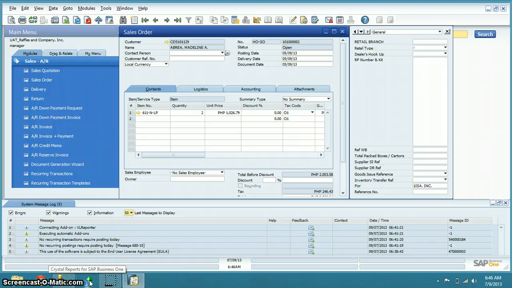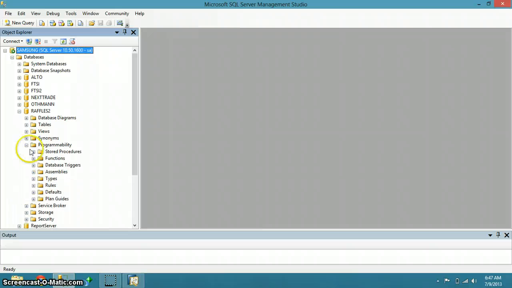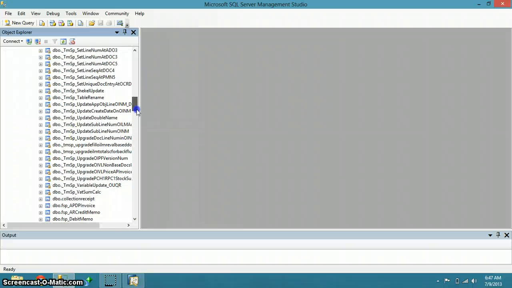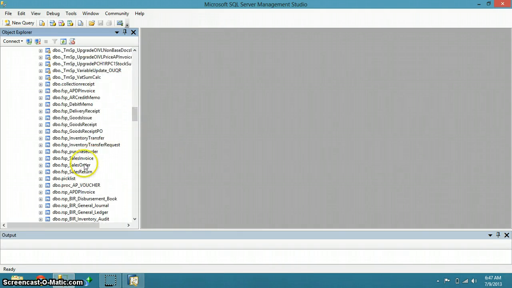We're going to make a stored procedure to make a sales order for the company Raffles. First, I already made a stored procedure for Raffles. We're just going to locate it at, I think, programmability and stored procedures, and we'll just look for the stored procedure that I made, which was sales order.